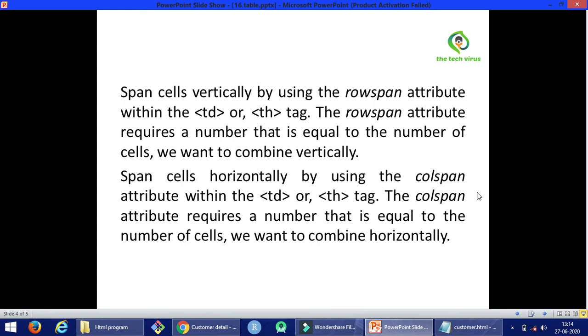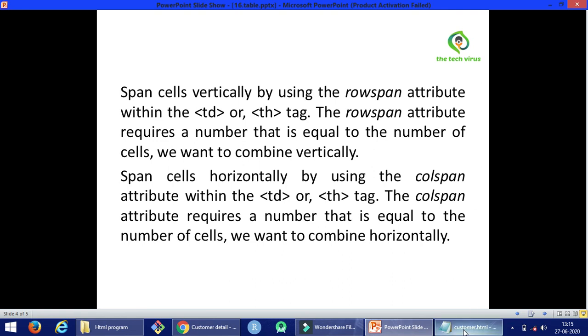Span cells vertically by using the rowspan attribute within the td or th tag. The rowspan attribute requires a number equal to the number of cells we want to combine vertically. Span cells horizontally by using the colspan attribute within the td or th tag. The colspan attribute requires a number equal to the number of cells we want to combine horizontally.